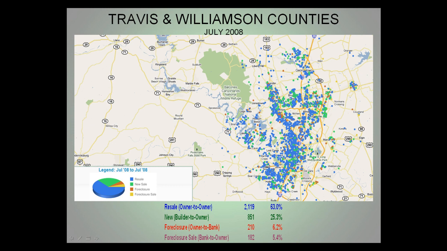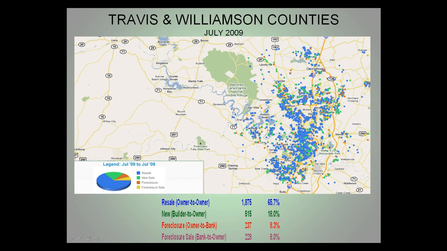Foreclosures and foreclosure sales are running about 11%, as the distressed homes are really keeping up and not really building too much distressed inventory at this point in time. One more year, let's note the character changes to July 2009. The volume has come way off in the past couple of years.